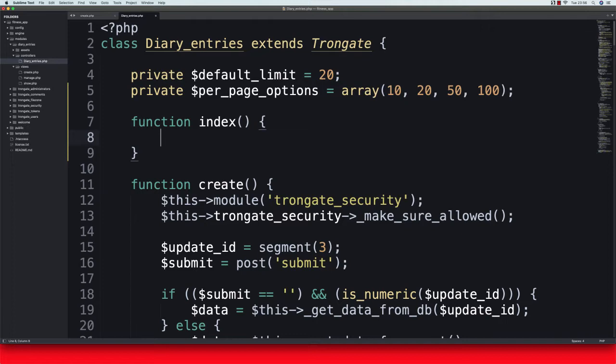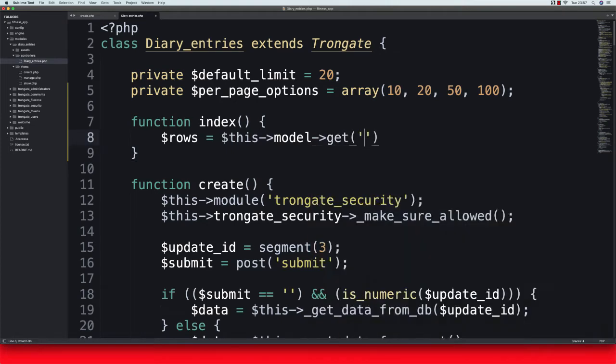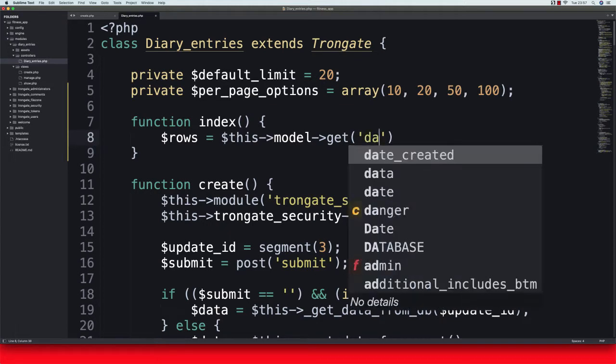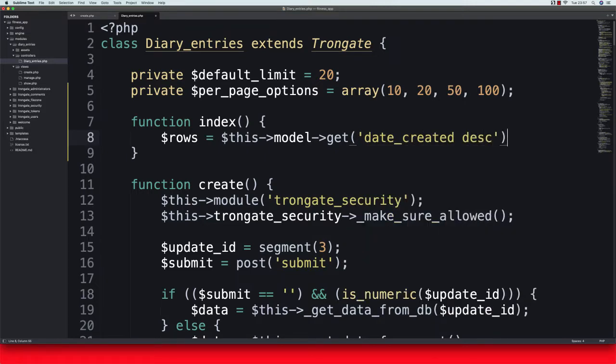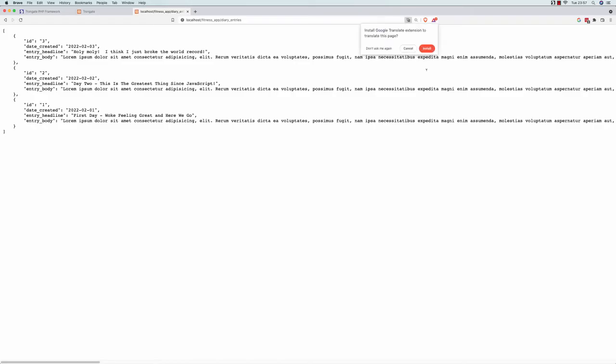Now, let's fetch the records. So to do this, we can just say something like rows equals this. I'm going to call upon the model, which is part of the Trongate framework. I'm going to say get, and inside here I'm going to pass in the order by. So in this case it will be date created descending. Okay. Now, if we then say JSON rows, save it, and refresh, well, now you can see a summary of